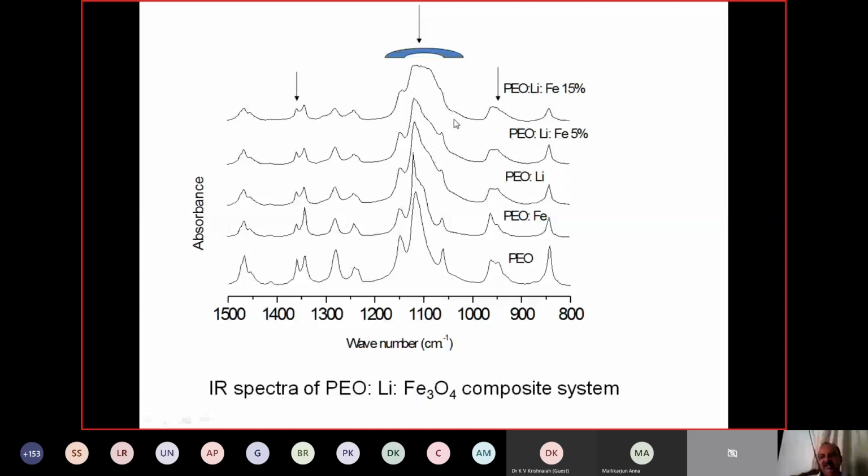Okay, so you see here how the conductivity is changing. This is the conductivity for PEO lithium at zero content of the nanoparticle. When we increase it, the conductivity is increased, but again it is decreasing. Why is it decreasing? Because we already observed in the macroscopic photograph that aggregation of the nanoparticle is taking place.